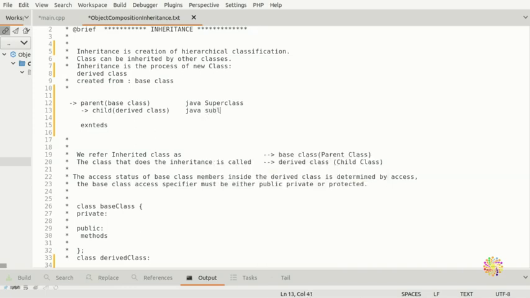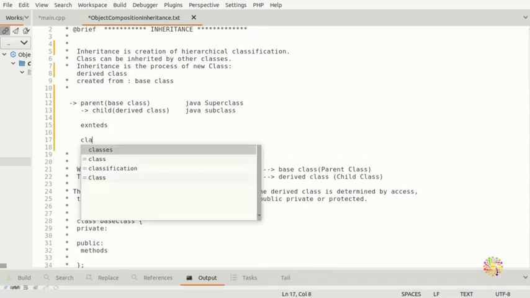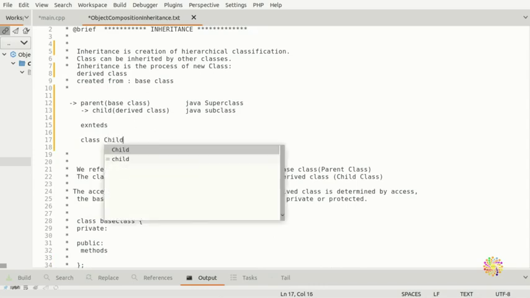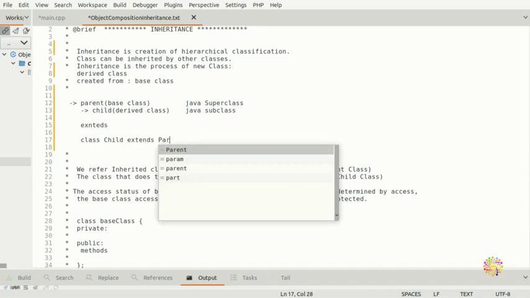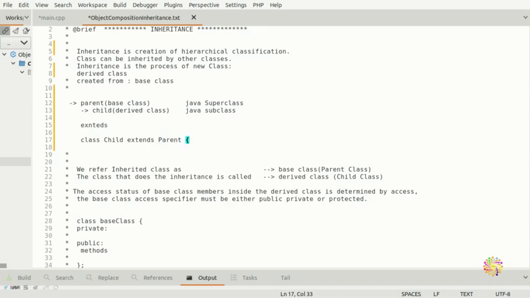So the subclass, and if you look in here, it's class child extends parent class, whatever the parent class is. That's how it works in Java.